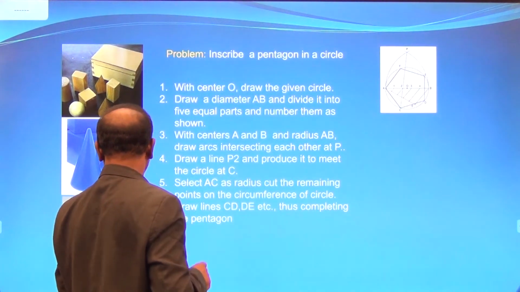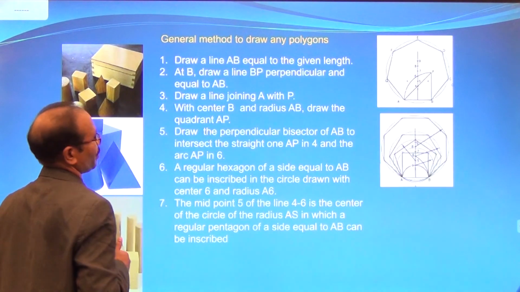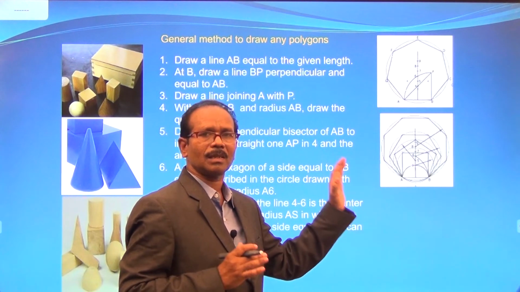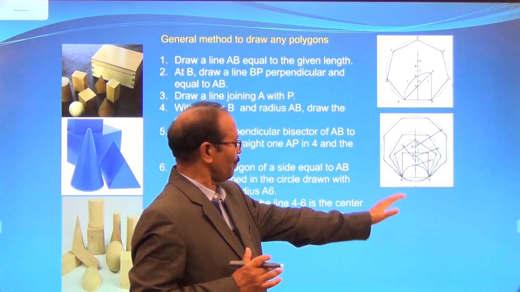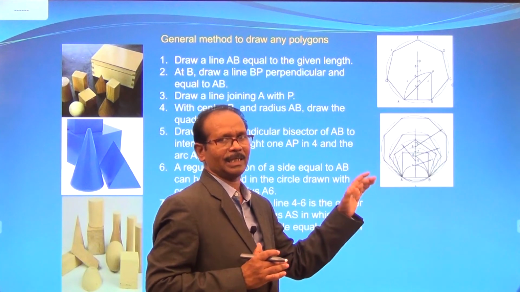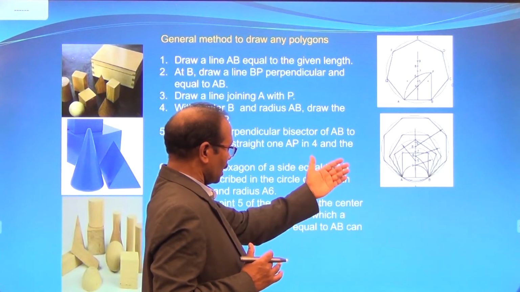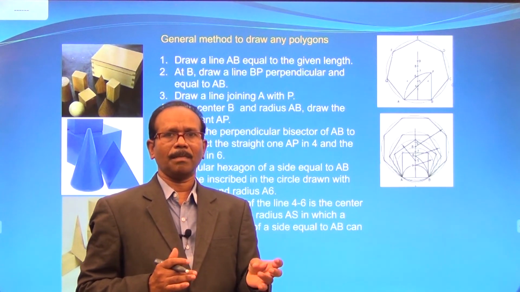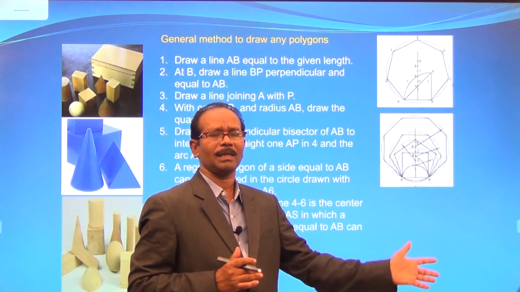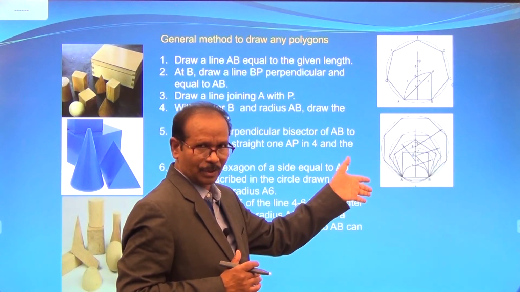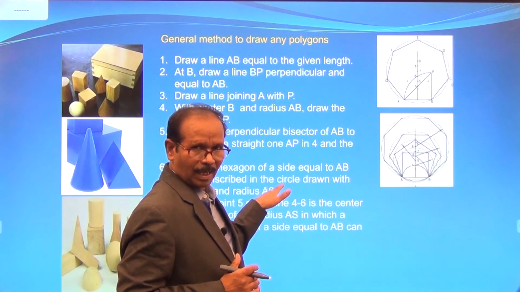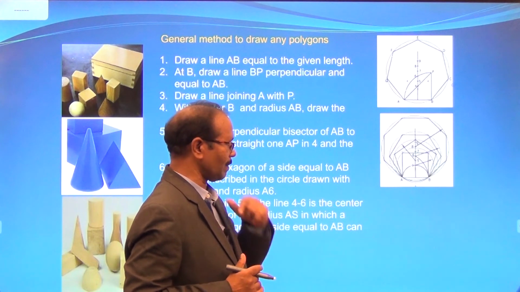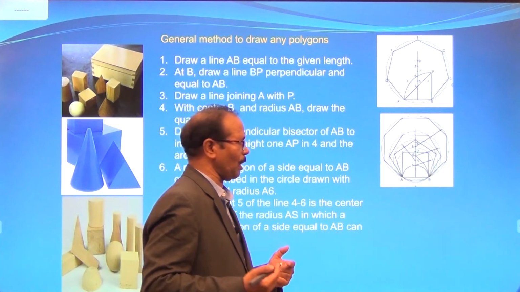Now, one more problem. I am going to finish with this problem, the last problem in this sheet. Construct a polygon by the general method. Square, hexagon, pentagon, octagon, nonagon, any polygon can be constructed using this procedure. Don't worry about these steps, you need to read them at home, but listen to my words. I am going to quickly grasp the sequence of steps.